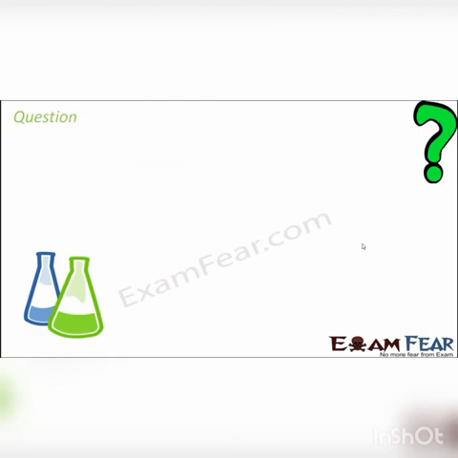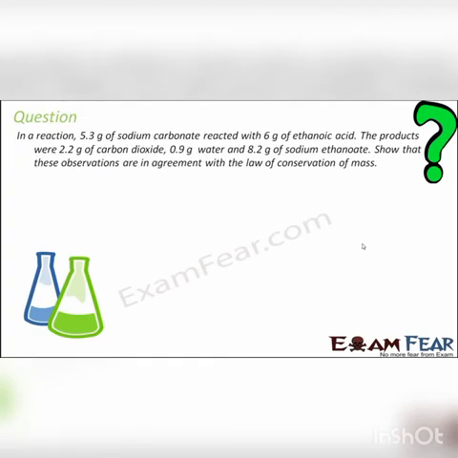So let's take some questions now to understand these concepts better. In the reaction, 5.3 gram of sodium carbonate, Na2CO3, reacts with 6 gram of ethanoic acid. Ethanoic acid is CH3COOH. You study about these in the higher classes. The products were 2.2 gram of carbon dioxide, 0.9 gram of water,